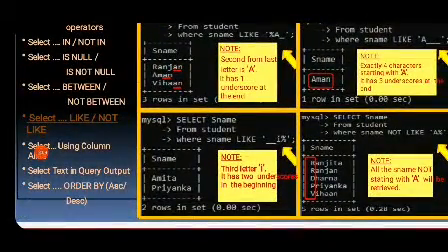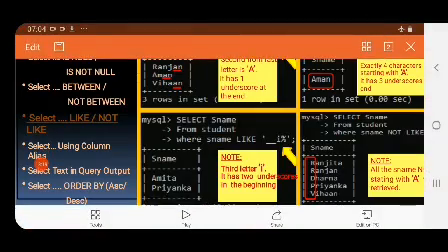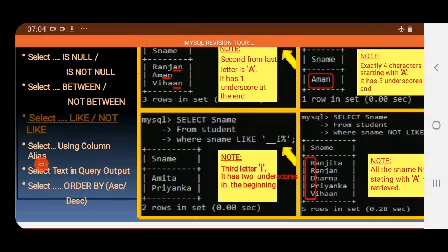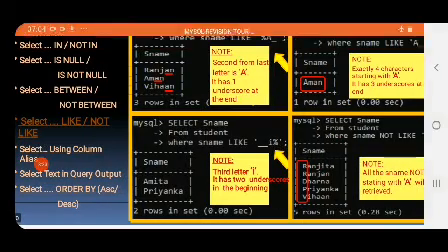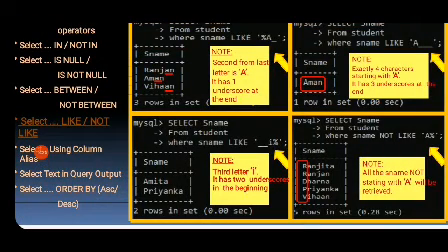Again, if we want the third letter to be i, it has 2 underscores in the beginning. So, when we say the third letter, we will specifically give the underscores. Then again, if we say all the sname not starting with a will be retrieved, so we have written not like this.